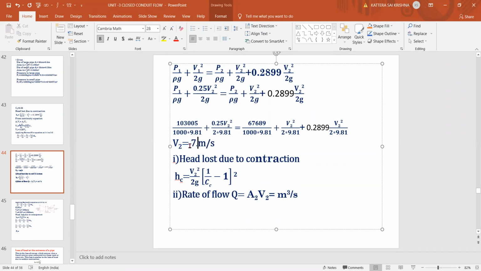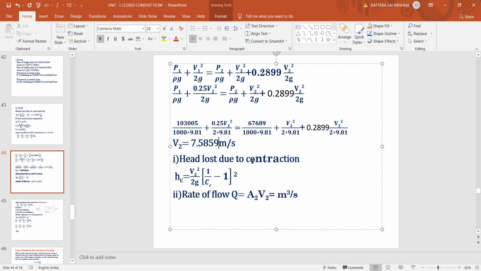Okay, 7.5859 meter per second. Yes, good. Yes, anybody else who got the same thing or any different answer, you can tell me. 8.245. Right. I think you have to check your answer. It is 7.58. Actually, it's the correct value. 7.586 or 7.5859, same thing. So the V2 value we got now is 7.5859 meter per second.